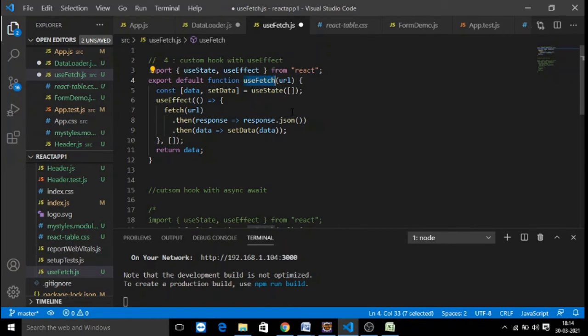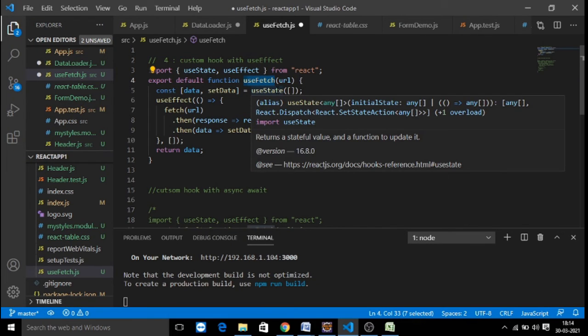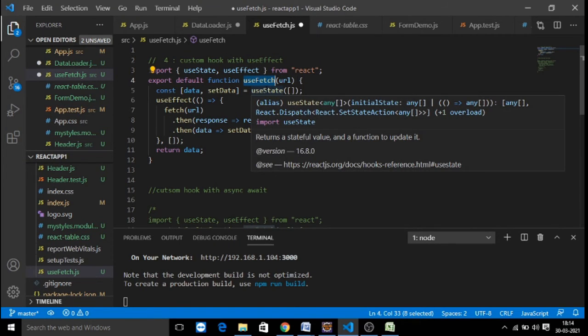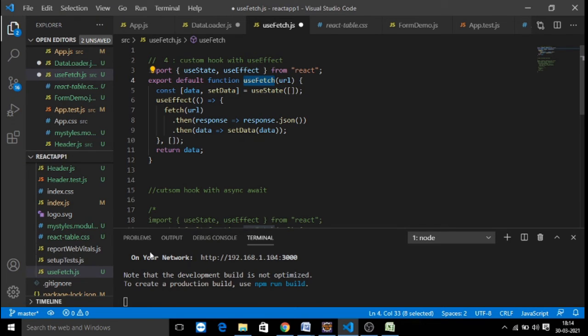It's nothing but a functional component, useFetch, which is internally making use of useEffect, where you are going to send your URL from the parent component, your data loader component, which will send the URL. You are going to fetch it, get the data, and return the data. That is how you can write a custom hook. useFetch here is a custom hook. This is a custom hook we are sending back to our data loader component.